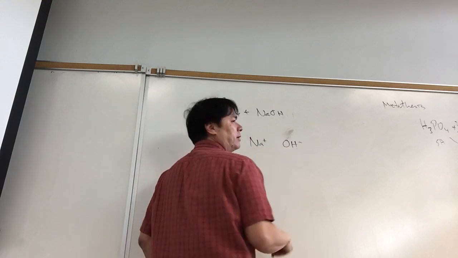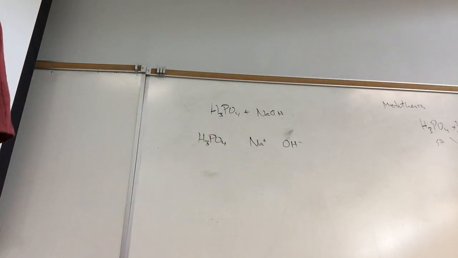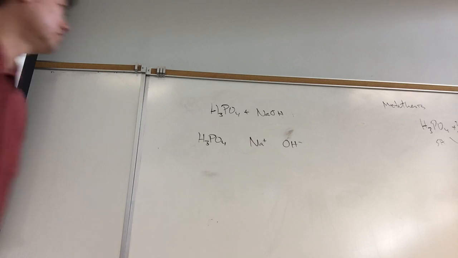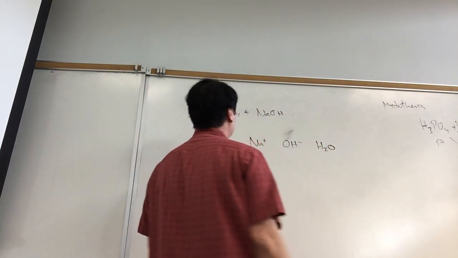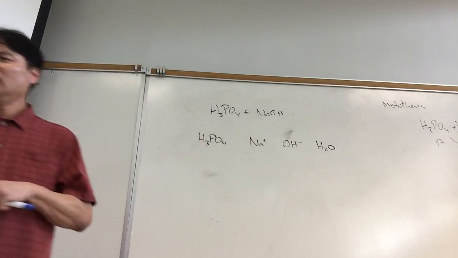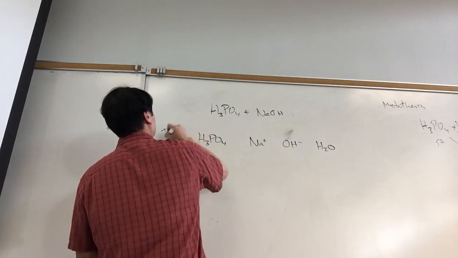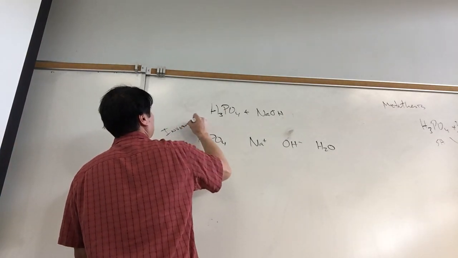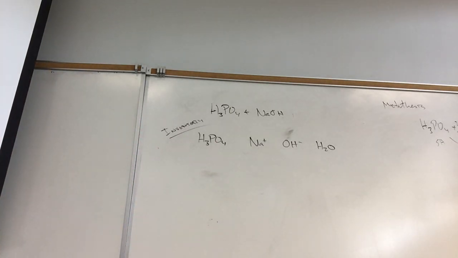So anyway, is there anything else present, or do I have it? These are the major species I expect to find in this mixture, except I'm missing one. What? Water. I'm missing water. So, there. Now I have the major species. So that's my complete inventory of this mixture. Inventory of the mixture. And then I figure out the strongest acid and base present, so I have to label all